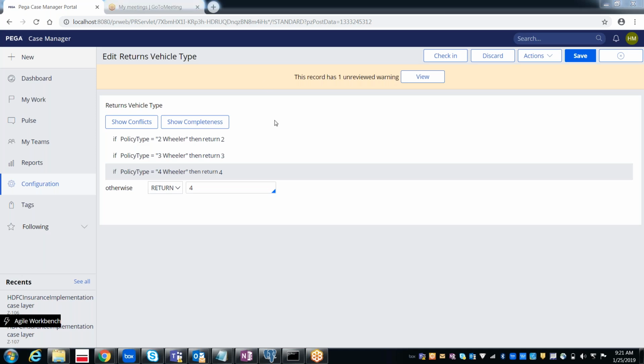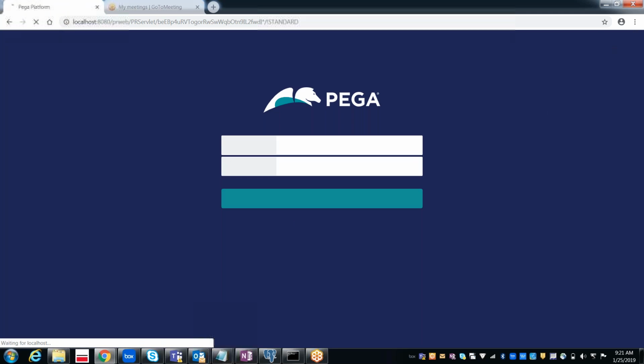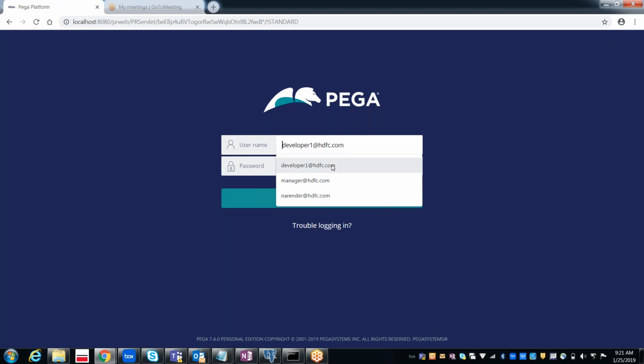Likewise, you can edit the decision tree or any decision table like this, and then you can save it. So that will be saved actually. Got it, right? Likewise, even for the end user, we can give the permission to edit the rules, but you cannot edit all the rules. Only a few rules can be modified. Activities, flows, everything we cannot delegate. So the delegate option will be available only for a few people.